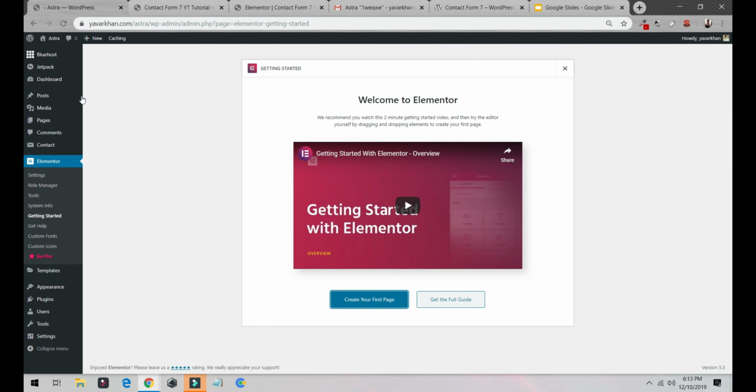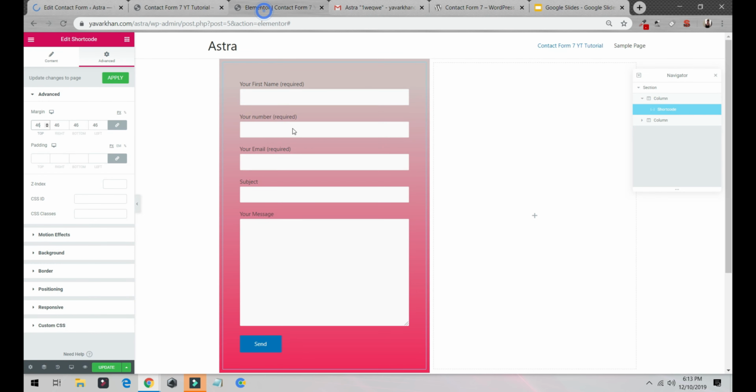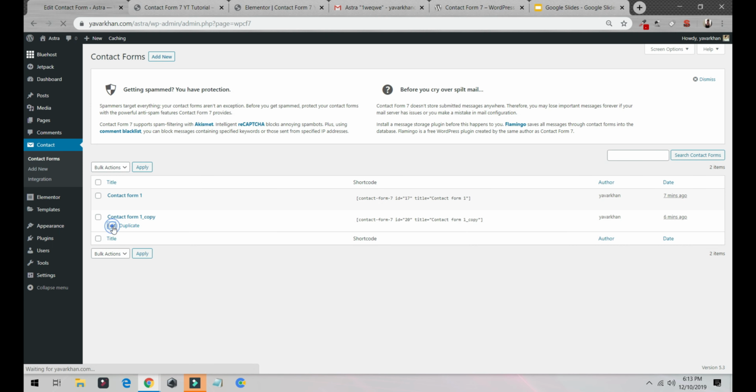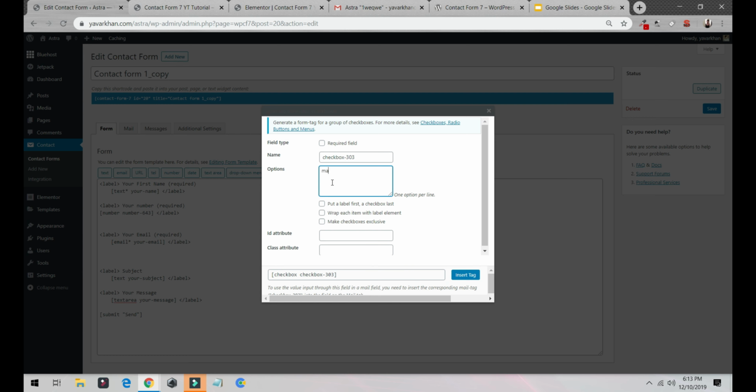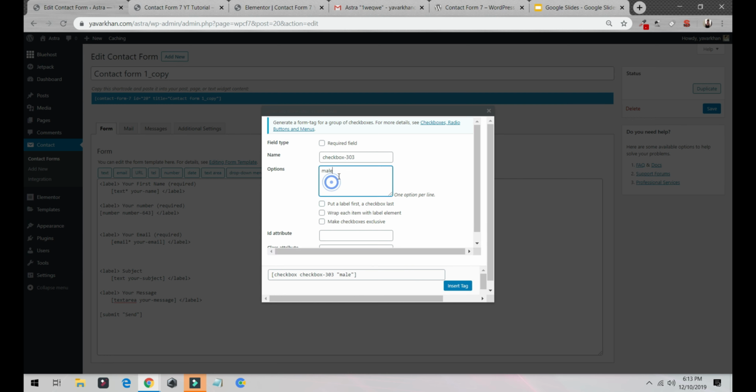So let's say, for example, if I go back to my contact form, and I want to add something over here, the gender. So I can just go over here, just edit, come over here and just add my check boxes. You can say male, you can say female, you can say in gender. Okay, so just type gender, insert tag,